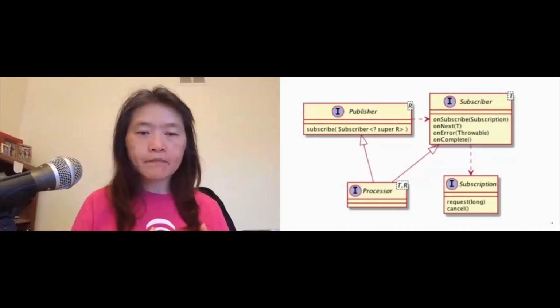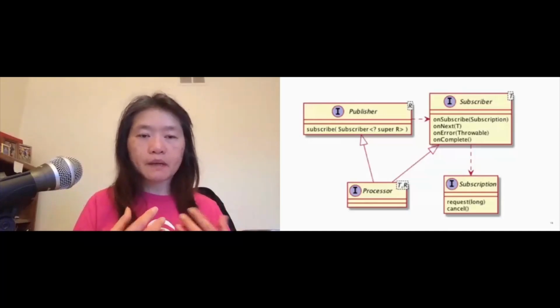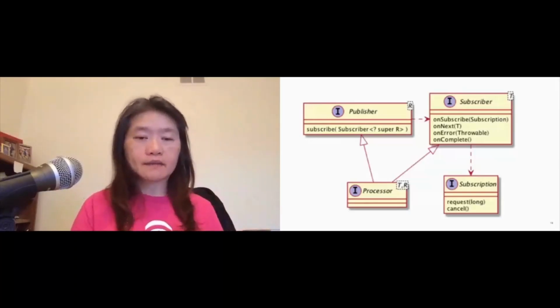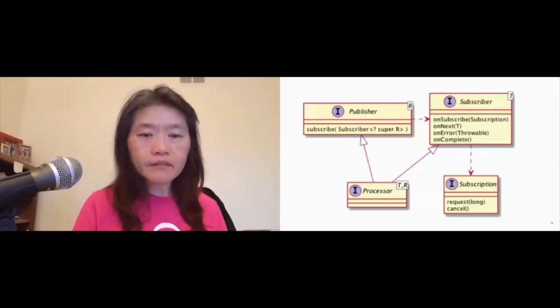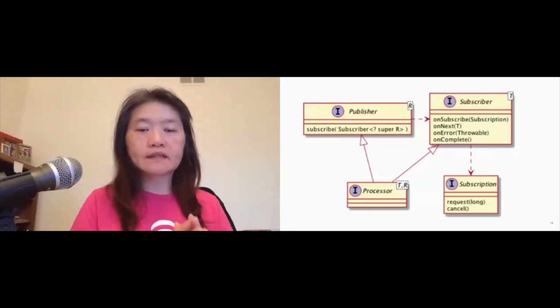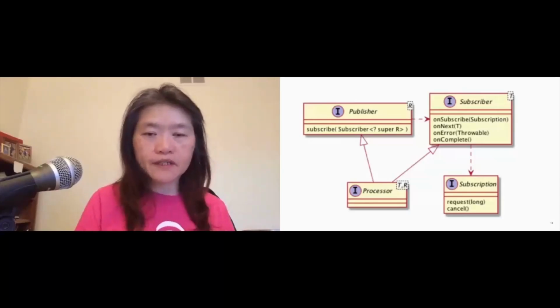It's what happens when a publisher and subscriber are associated with each other, and that's a subscription. That's also where back pressure support happens, on the subscription. And then there's the processor. You see it extends the subscriber and extends the publisher. So these are the 4 interfaces.